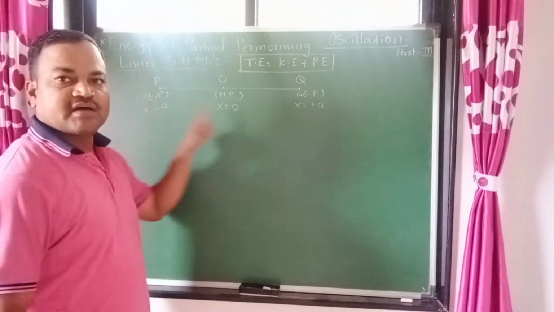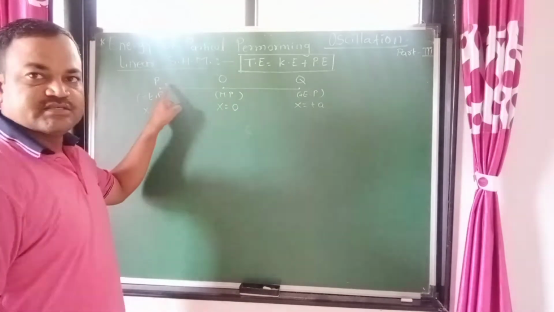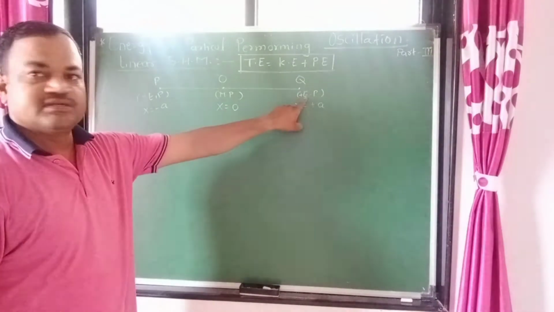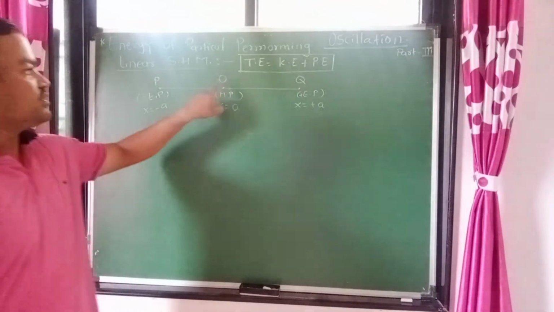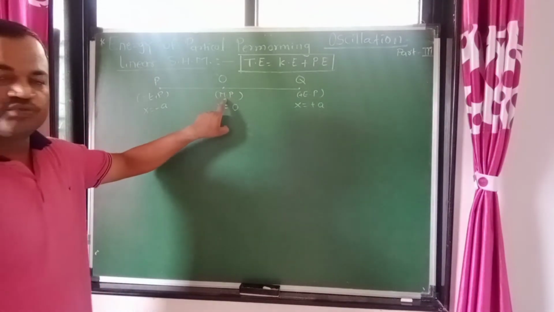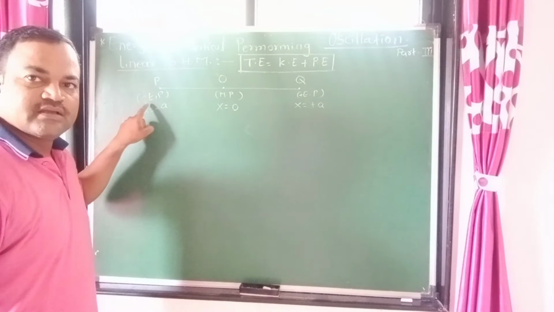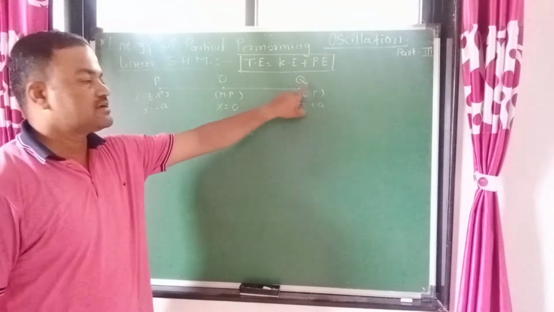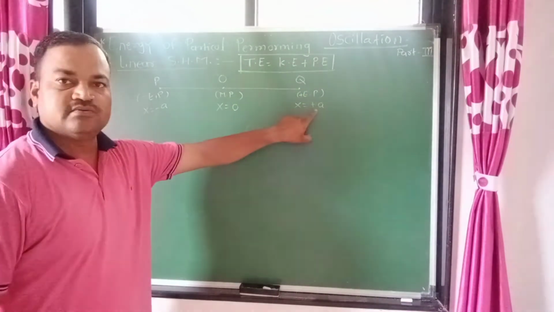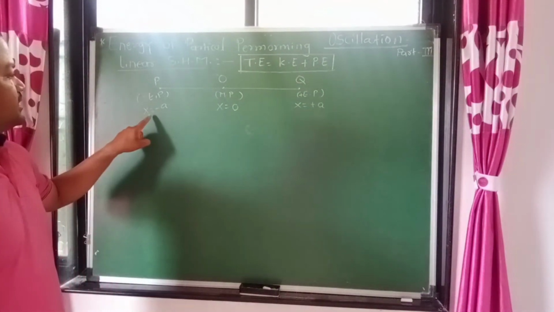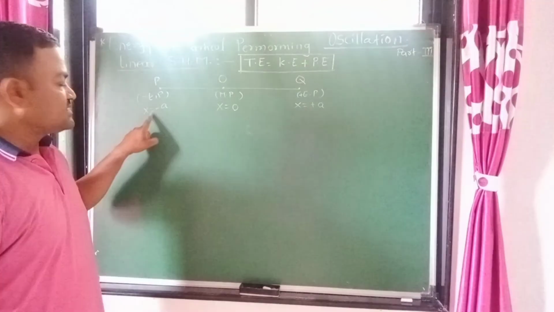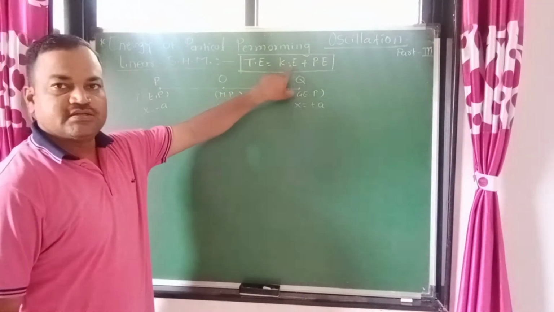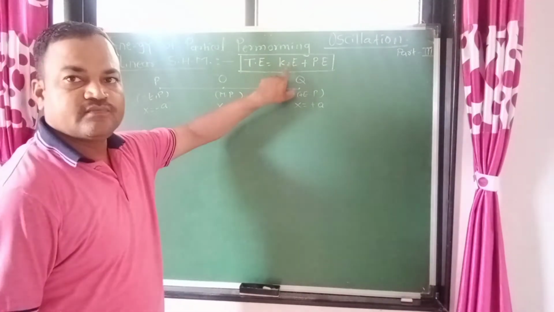So this is the path of the linear SHM. We call it POQ. Point Q is the positive extreme position, point O is the mean position and point P is the negative extreme position. At mean position x is equal to 0. At the right side extreme position x is equal to plus A, and on the left side x is equal to minus A. So out of this total energy, we first see the derivation of kinetic energy.